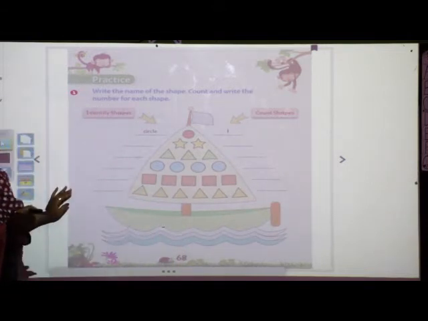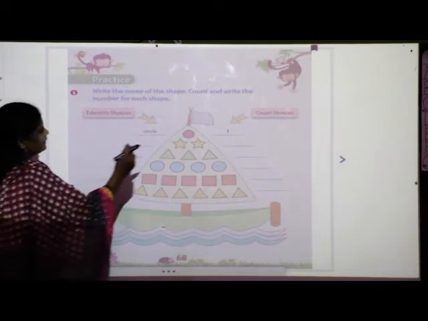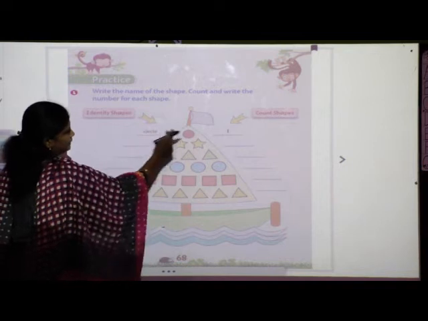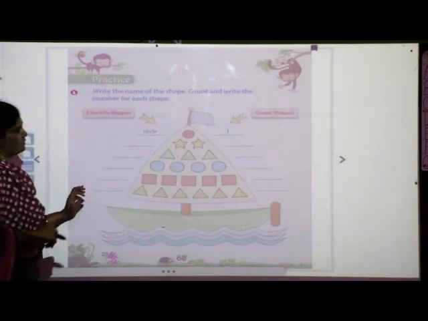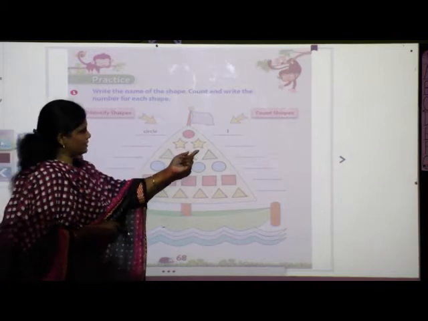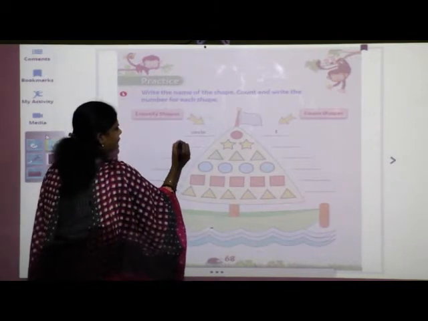After that we will see the pattern. See, already they have written here circle, only one circle is there, and we have written the number. Now next we have to see the shapes. Which shape is this? Yes, star. So we have to write here